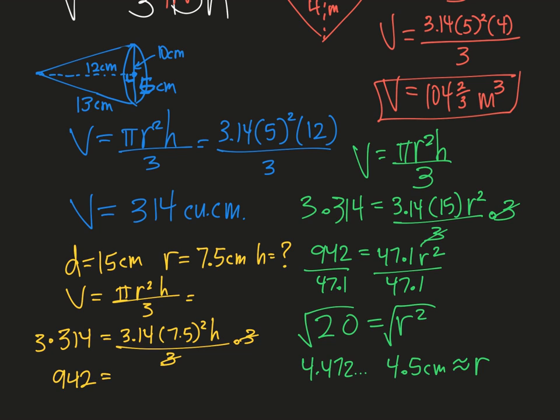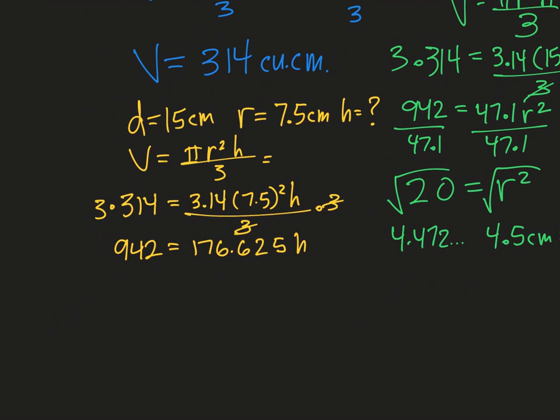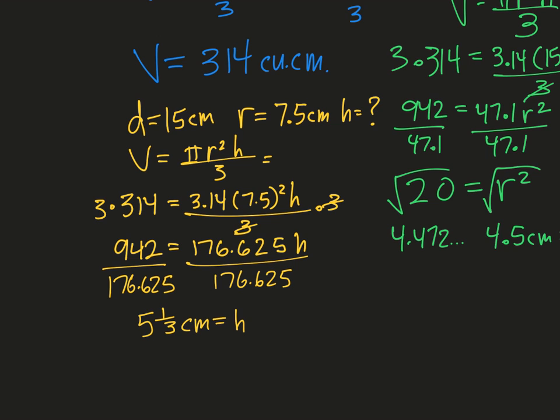And that equals 176.625 h. So now all I need to do is divide both sides by 176.625. And I got exactly 5 1/3 centimeters for my height. But just recognize that you can go either forwards or backwards